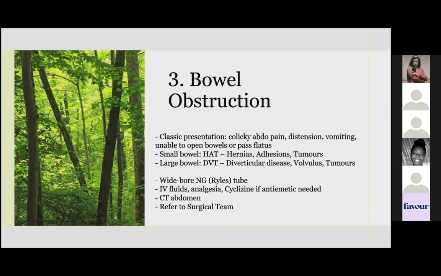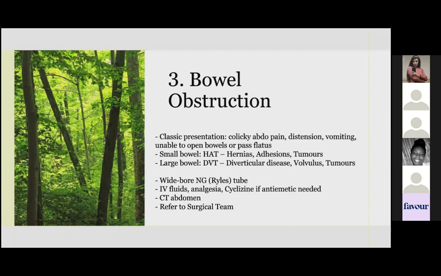So next, we're going to talk about bowel obstruction. The classical presentation is colicky abdominal pain because of the peristalsis of the bowel, abdominal distension, vomiting, and unable to open the bowels and unable to pass flatus. You can remember the small bowel causes of obstruction with HAT, which stands for hernias, adhesions, and tumours, and the large bowel causes with DVT. The three most common causes of large bowel obstruction are diverticular disease, volvulus, which is twisting of the bowel,